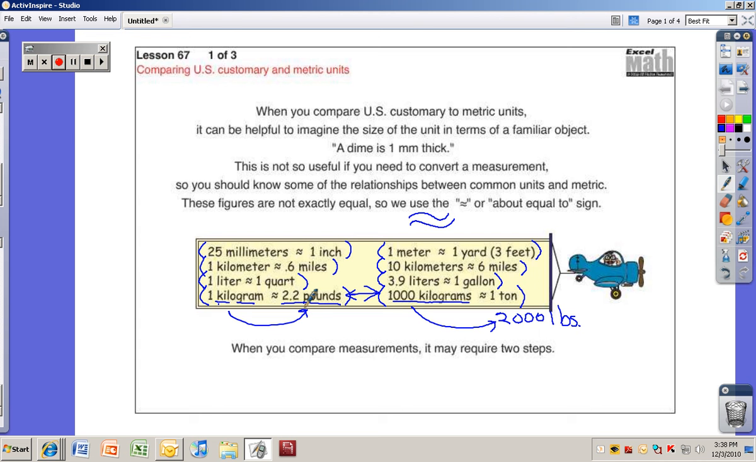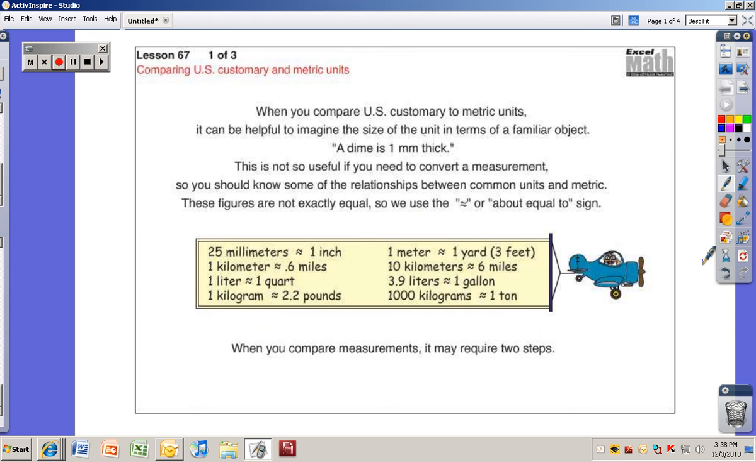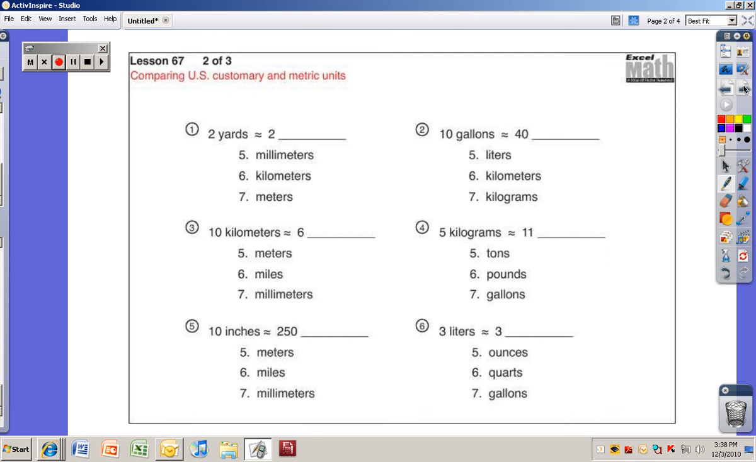When you compare measurements, it may require 2 steps. So get that cleared off and go to our problems, okay? So let's see how we do these. Number 1, 2 yards is approximately equal to 2 what? First thing you want to do is eliminate any answers that